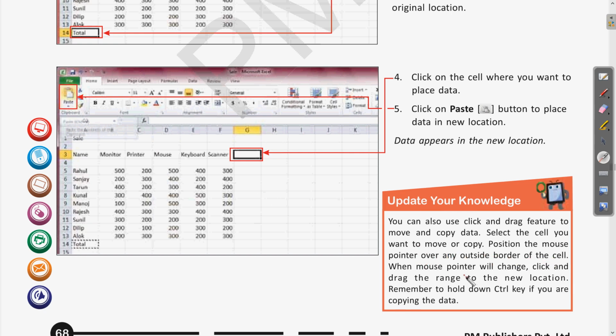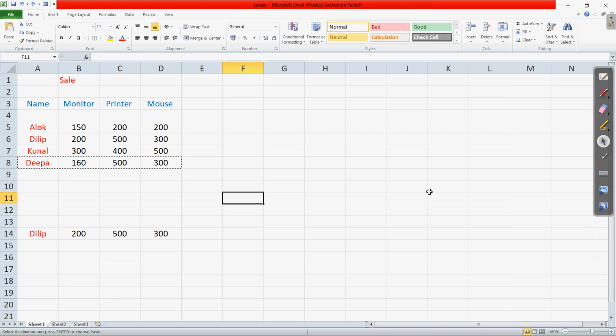When the mouse pointer changes, click and drag the range to the new location. Remember to hold down the Control key if you are copying the data. Clear? There is another approach if you want to move the data from one position to another, without going to the cut and copy options.